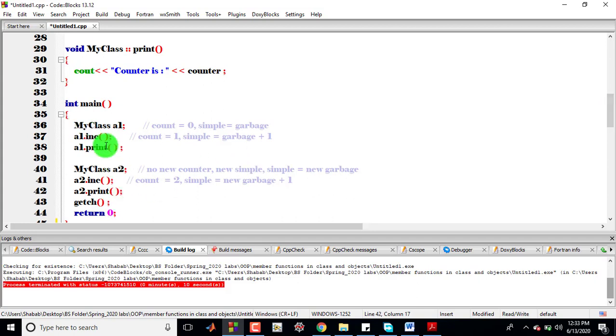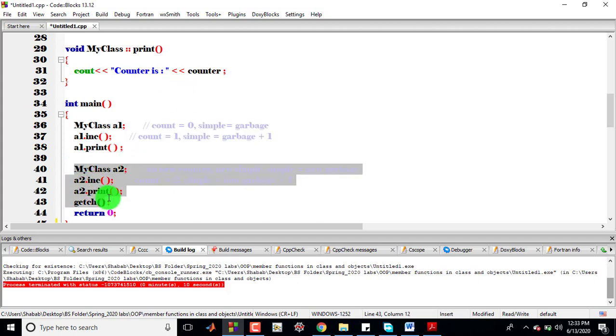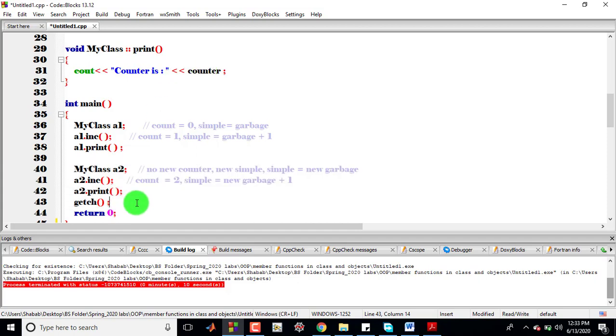So the display will be counter is 1 for the first lines, and for the next lines the execution will show counter is 2.